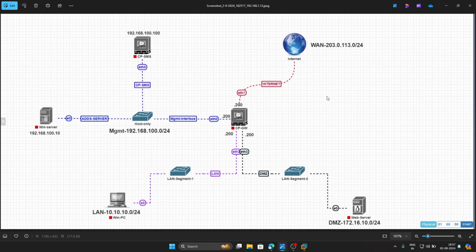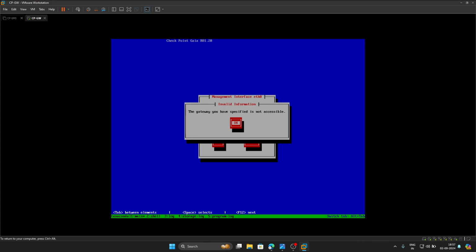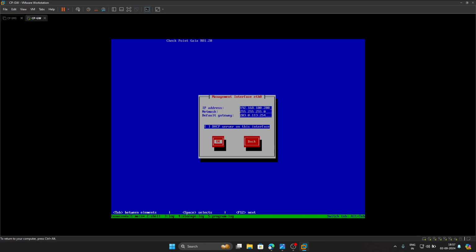So for NAT we are using 203.0.113.254 to access the internet. So we are going to give the IP 203.0.113.254. Then press OK, and it says the gateway specified is not accessible. You have to specify